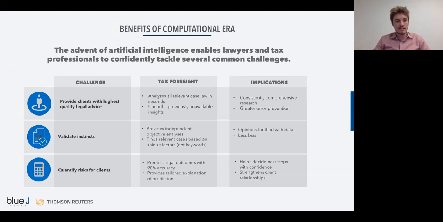Quantifying risks for clients. One of the things that's new about our product is we actually give you a percentage behind the prediction. So if somebody's more likely to be grossly negligent, or as we'll see today, have willful neglect or carelessness with 152(4), we'll actually give you a number behind that prediction. What's really useful is being able to go back and look at certain factors. So for example,